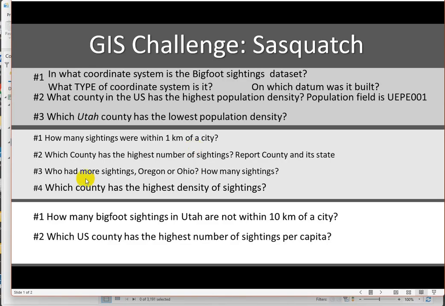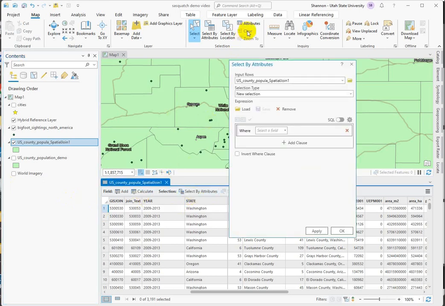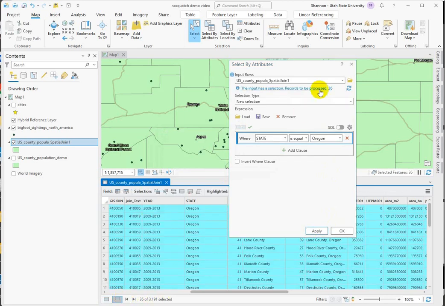The next one is asking who had more sightings, Oregon or Ohio, and how many sightings. There's probably a slick way to do this, but I went kind of the grunge way. Select by attributes. This is clear. So I want to do, yep, that works, where the state is equal to Oregon, and apply that. We've got 36 records down here. If you just show those,